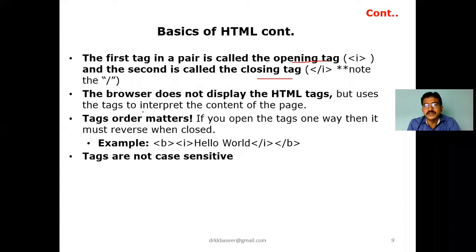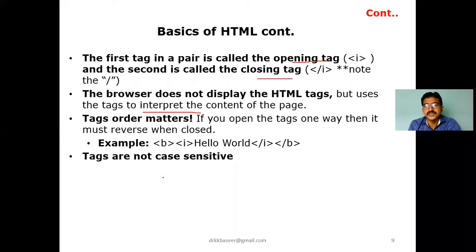Now here with tags, there is no compilation. It directly interprets the content of the page. Whatever you write in HTML is displayed as it is. So HTML doesn't have any compiler. There is no validation for HTML. That's why we have JavaScript for validation of the web page. So HTML doesn't compile anything; an interpreter directly displays the content.